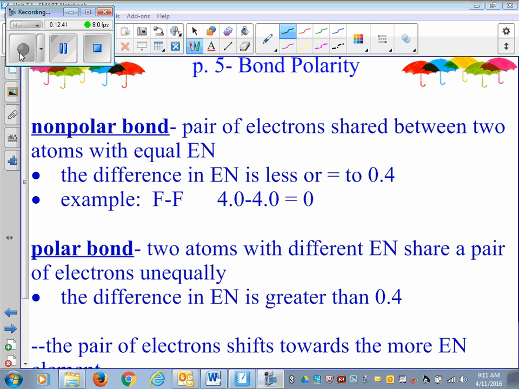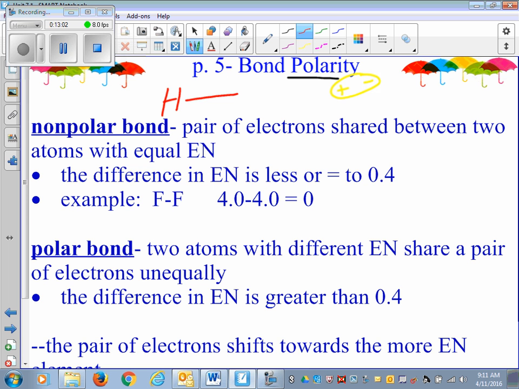Next thing I want to learn is bond polarity. We've already learned about bond polarity as I was talking about electronegativity. Polarity means poles, two poles, a positive pole and a negative pole. Where are the two poles coming from? We just talked about